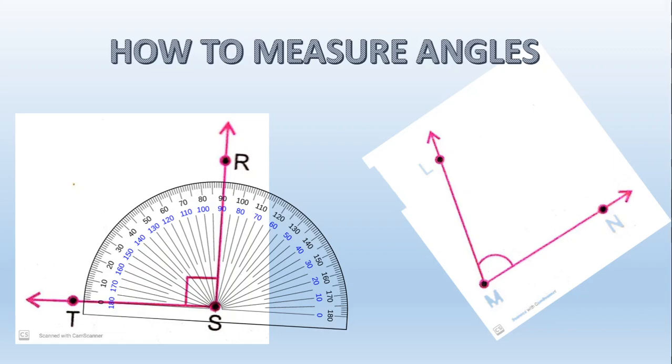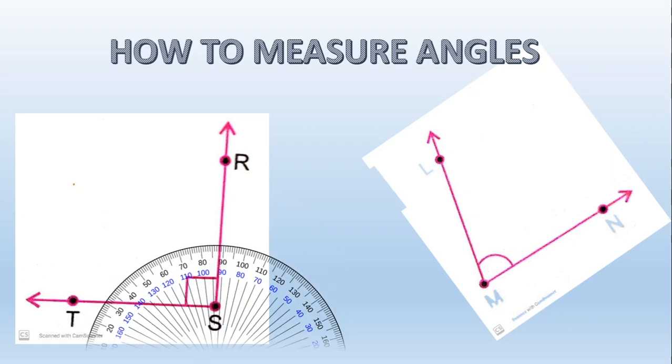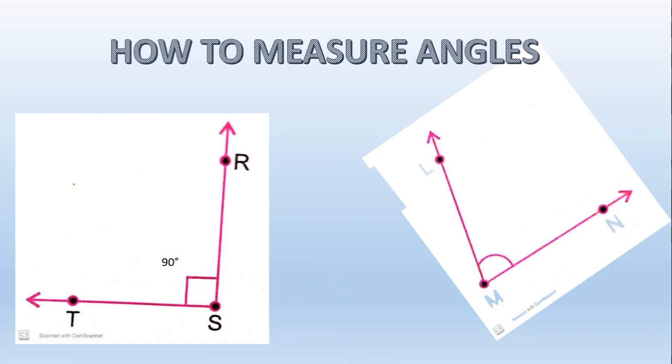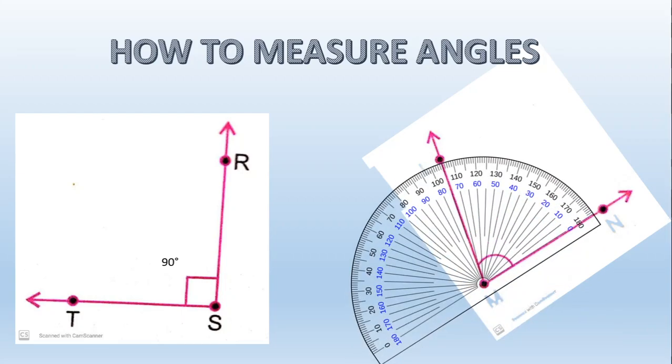So if you see in the first case, we have to follow the outer scale. And we can see the other line is pointing towards 90 degrees. So this angle is of 90 degrees. Let's measure the second one. Here also, the base rule is the same. The center should coincide with the vertex and the baseline with the